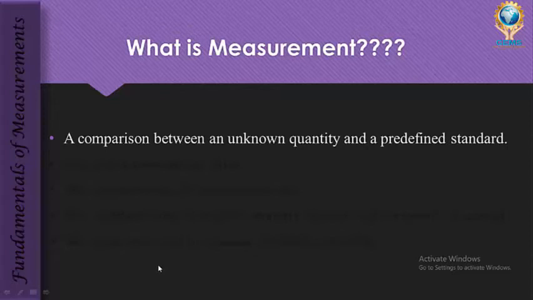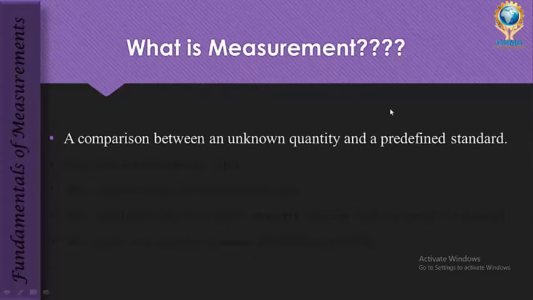And similarly, if you go to a petrol bunk and want to fill your vehicle, you don't say I want to fill some petrol. You will say I want to fill 1 liter petrol. You want to say I want to fill 2 liters petrol. So there is a quantity, there is a predefined standard when you want to do some measurement. Okay, so this predefined standard should be acceptable to all. So in India, we say it is liter, and abroad also, if you go, it is a liter only. So there you don't say some other unit, and here you don't say some other unit. The unit is common to all. So that is why it is called a predefined standard.